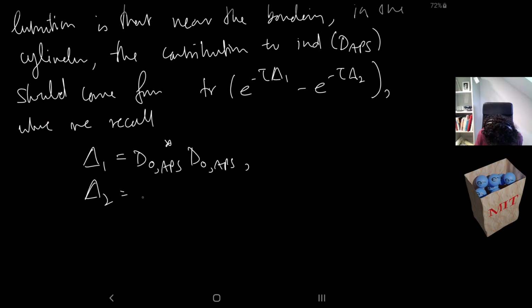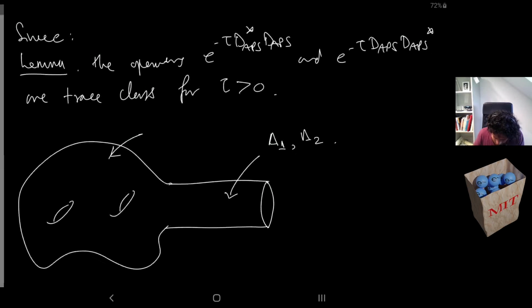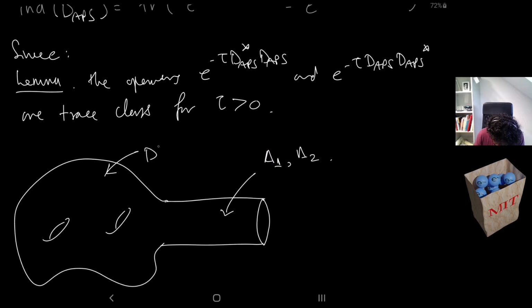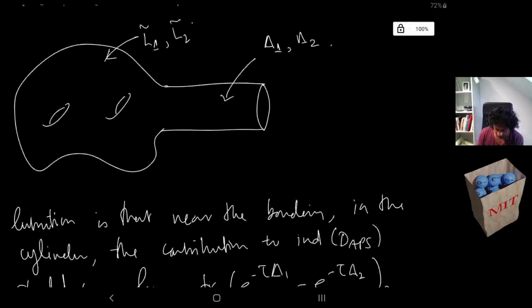And this is D0 APS, D0 APS star, right? So the point here is that in here, we should really expect contribution from the Laplace 1 and the Laplace 2. And in here, we should expect a contribution from the D tilde APS, so I wrote what this was, so L1 tilde and L2 tilde, right? So L1 and L2 really, the trace of the exponential of those operators really capture the true index in our